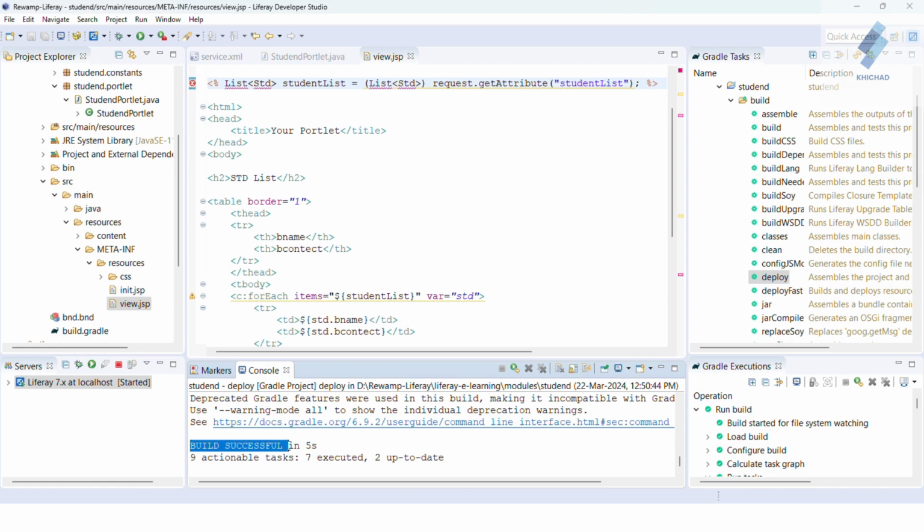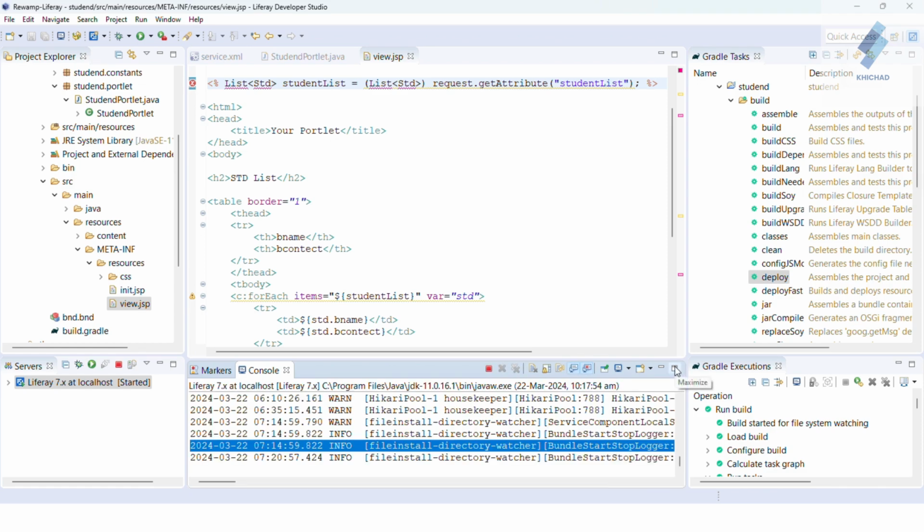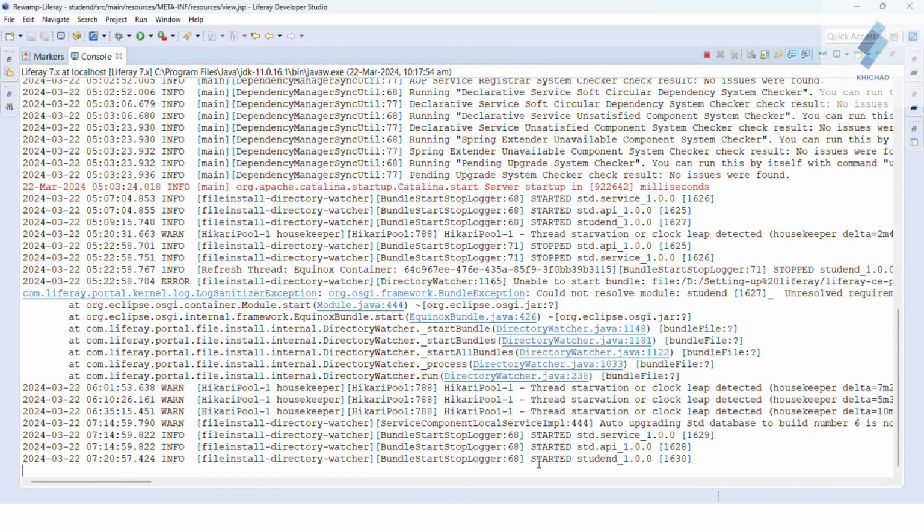After the build succeeds, you can see your portlet is deployed successfully and started successfully.